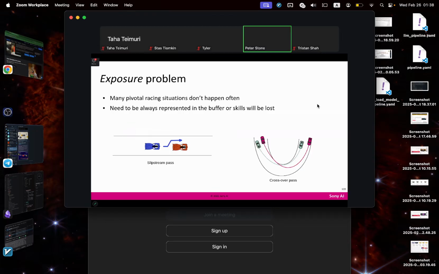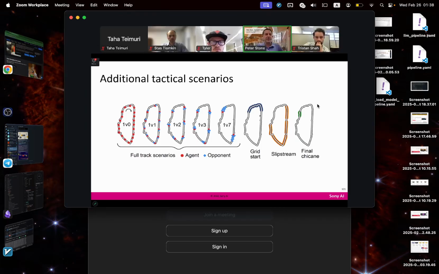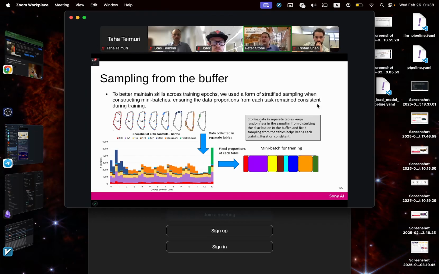And we also created situations where it's immediately behind another car in a straightaway, so it can learn to do a slipstream pass, which is basically like the drafting that bicyclists do. You get in where there's less air resistance behind the car, and this is modeled in the simulator. You get extra momentum, and then you bounce out from behind the car, and you can use that extra momentum to pass. Or crossover passes where you take the line that's shown here. So we created situations that would expose these kinds of tactical scenarios to the car. And then one of the key innovations here was